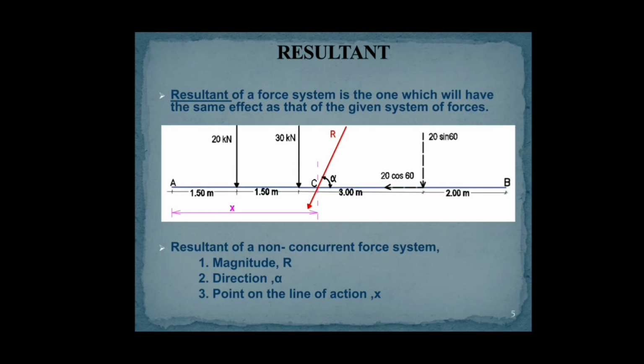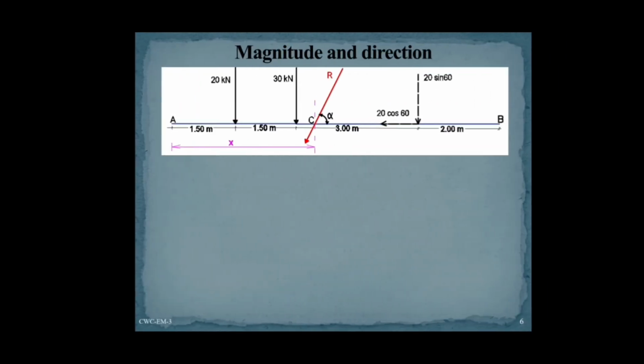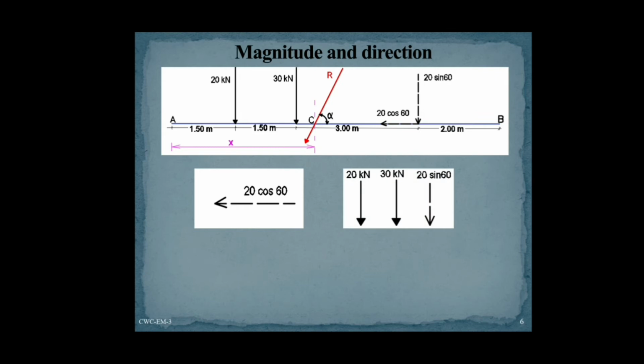Since it is a single horizontal beam element, we have to find only one perpendicular distance of the resultant from any particular point on the beam. If it's a plane element or a combination of inclined beam elements, etc., we may have to find the x and y intercepts of the particular point. So this is the force system, and R is also marked in this.